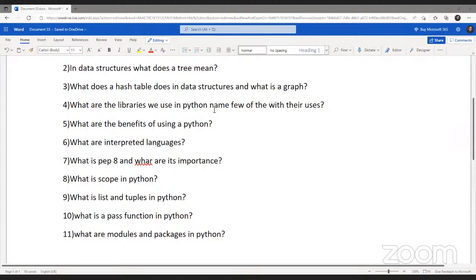As we look into this, modules in general are simple Python files with a .py extension, and they can have a set of functions, classes, and variables which can be implemented. Packages allow for the hierarchical structuring of the module namespaces using dot notation. Modules help to avoid clashes between global and local variables, and avoid clashes between module names. As we jump into the next question,